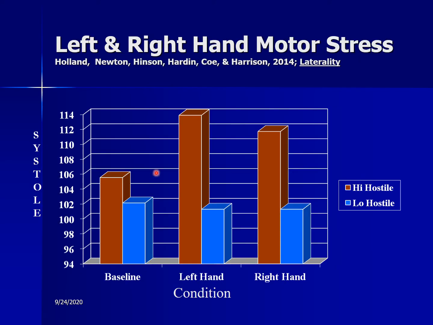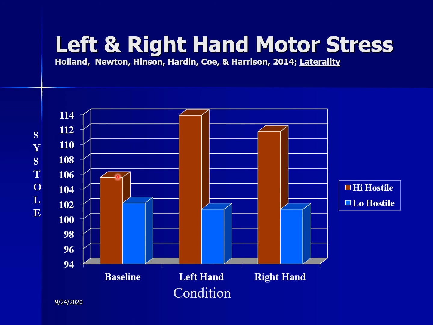So here we're putting stress on this tissue by asking the individuals to grab a hand dynamometer and squeeze it as hard as they can. So squeezing the left hand here uses the right frontal lobe's capacity, and it reduces its ability to regulate sympathetic drive. So just squeezing with their left hand, their blood pressure goes up significantly. Squeezing with their right hand affects it too. So both frontal lobes are having trouble, but significantly different from their baseline.